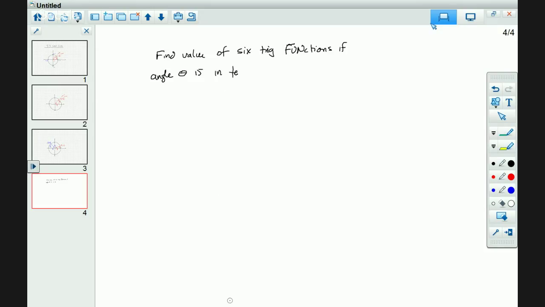Standard position means normal position that I showed you. Terminal side is where the angle ends. So it's in quadrant 1. That's normal. With coordinates